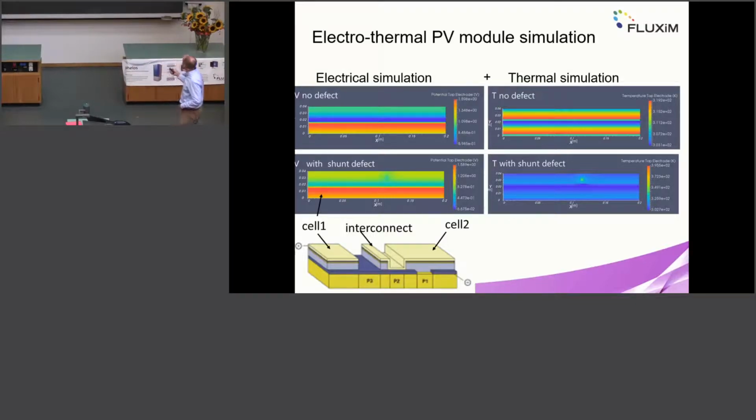And then we see the electrical simulation as a potential distribution on the upper panel. And then we have a thermal simulation result. Some heat is generated here. You see the red area indicates a higher temperature. And why do we have higher temperature there? The reason is that